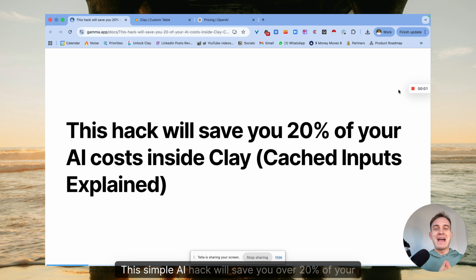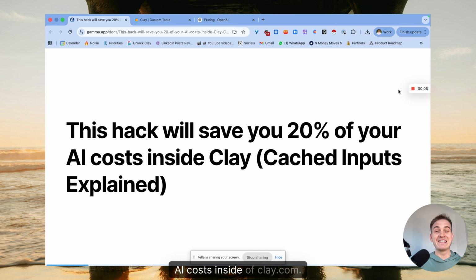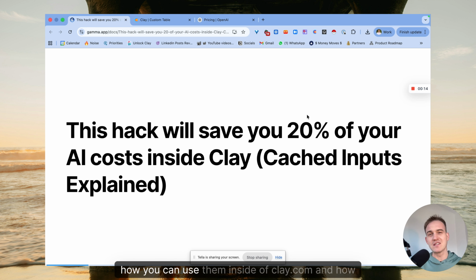This simple AI hack will save you over 20% of your AI costs inside of Clay.com. Huge if true, right? And throughout this video, as you can imagine, I'll be talking about cached inputs, what they are, how you can use them inside of Clay.com, and how you can finally save 20% of your AI costs